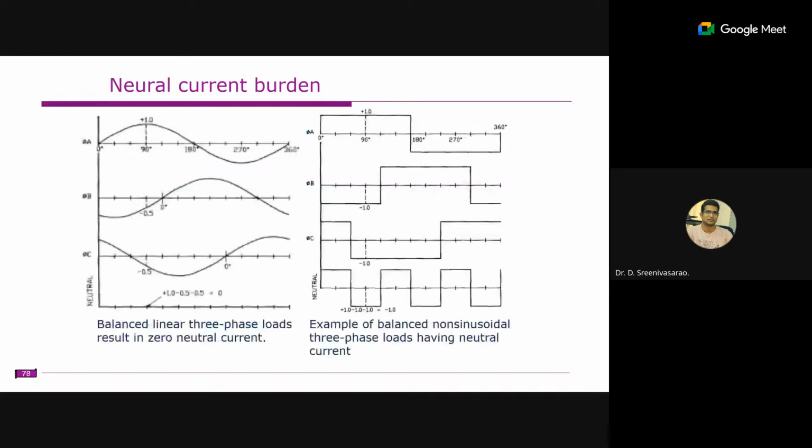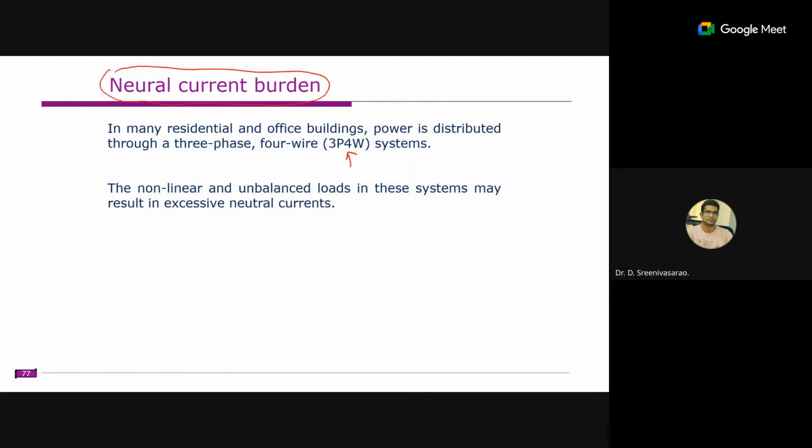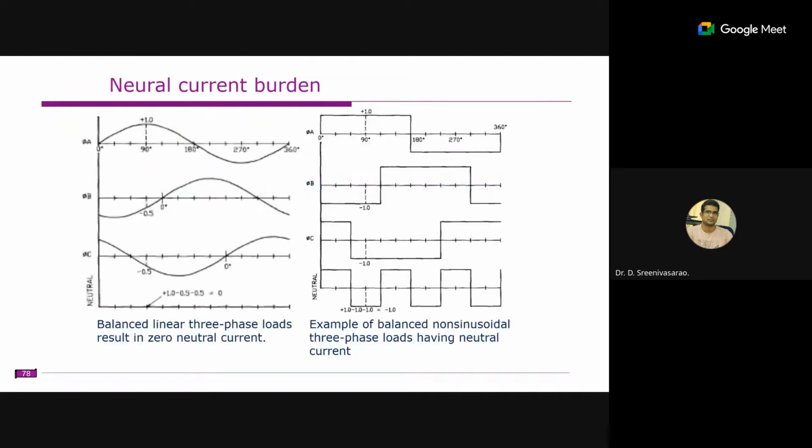So the first thing is that unbalance is due to the deviation in the sinusoidal waveforms, magnitudes, as well as the phase angle deviation. Not only that, even though it is balanced, if it is not sinusoidal, we can expect unbalance. So let us assume this is the first case. All are sinusoidal here. So all phase currents are sinusoidal. This is the A phase current, B phase current, and C phase current. If you add all these, you will get 0 here.